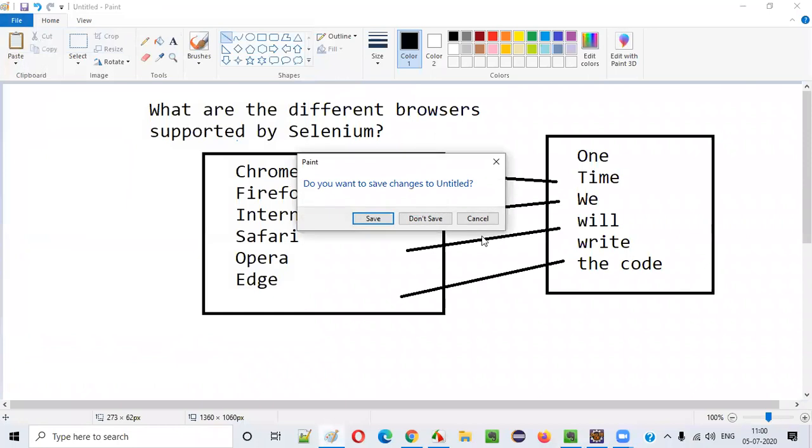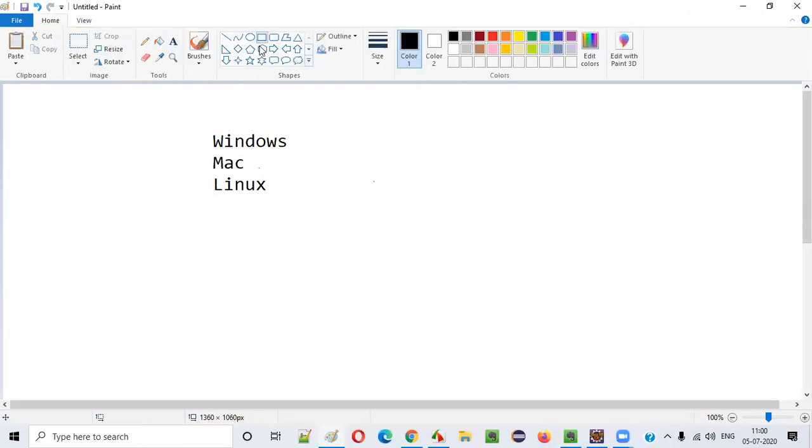So tell me guys, what are the different operating systems from which we can automate code on Selenium? Is it possible to write the automation code on different operating systems like Windows? What are the different popular operating systems that are supported? Yes, Mac and Linux. That's right, guys. Linux has a lot of flavors, but don't worry about flavors, versions, and all those things about the operating system. At a high level, Selenium supports all the major operating systems.